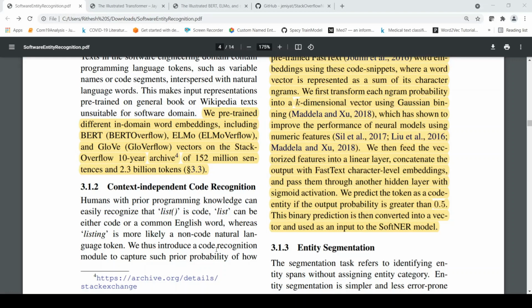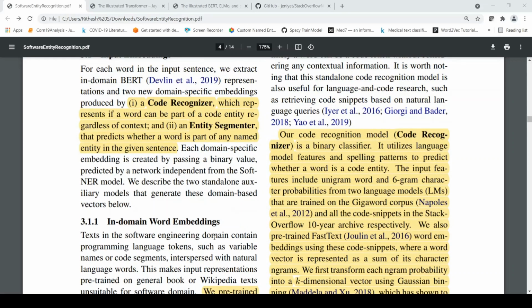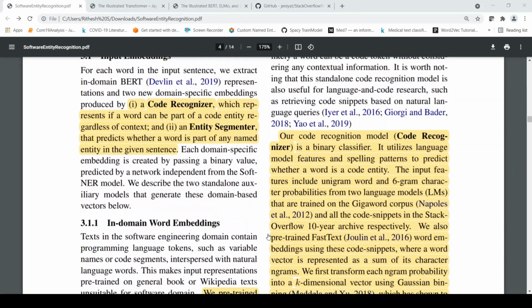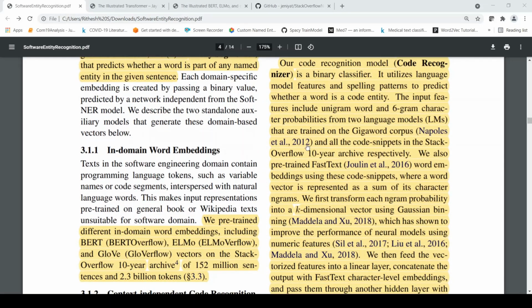So they introduced something called a code recognition module, the code recognizer. The code recognizer is a binary classifier that decides whether a token is part of code or not. It utilizes language model features and spelling patterns to predict whether a word is a code entity. So what are the features?